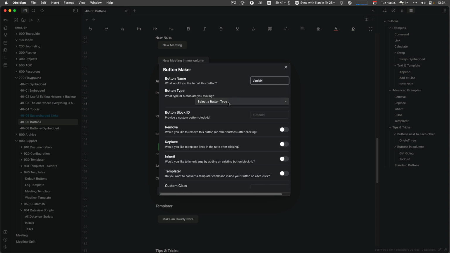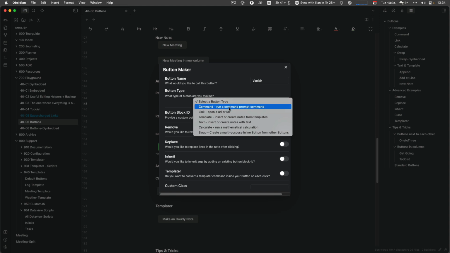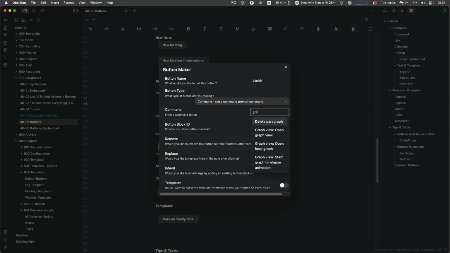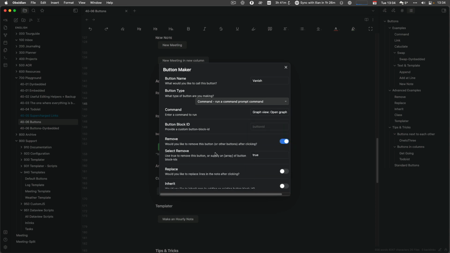Let's call it vanish, and this is a command, and we open up the graph view again, and we say remove. Remove true, you see that later on, removes only this button. If you have an array with the button IDs, and again, that's just the part behind the slash, it will